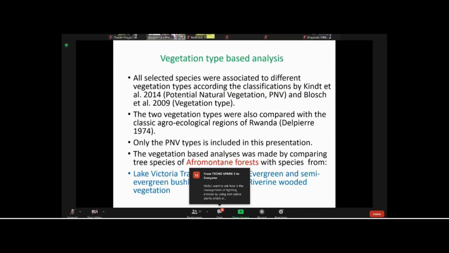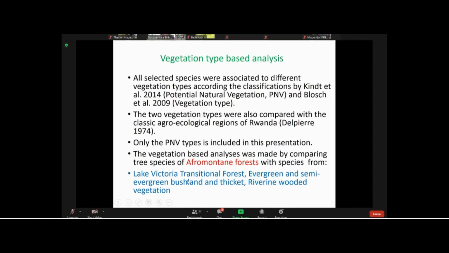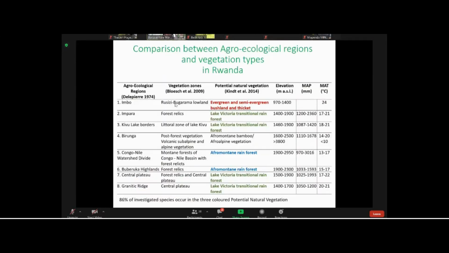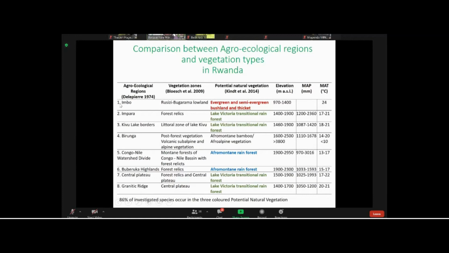The vegetation type-based analysis was made by comparing species from Afromontane forest with species from Lake Victoria transitional forest, evergreen and semi-evergreen bushland and thicket, and riverine wooded vegetation. This is the comparison between agro-ecological regions. As I told, this is the map. There are 12 ecological zones, and from Blush, the first, for example, Imbo,